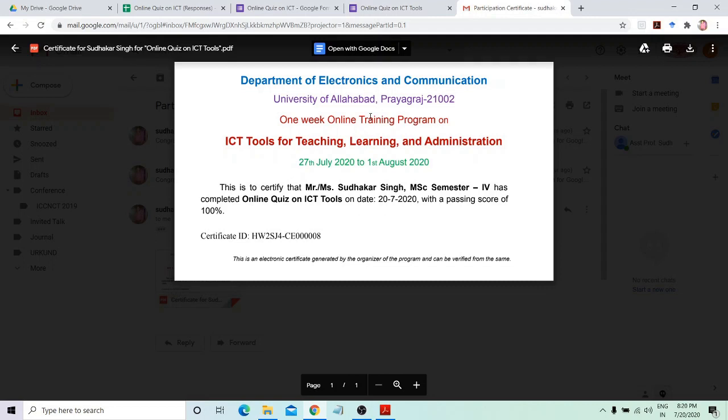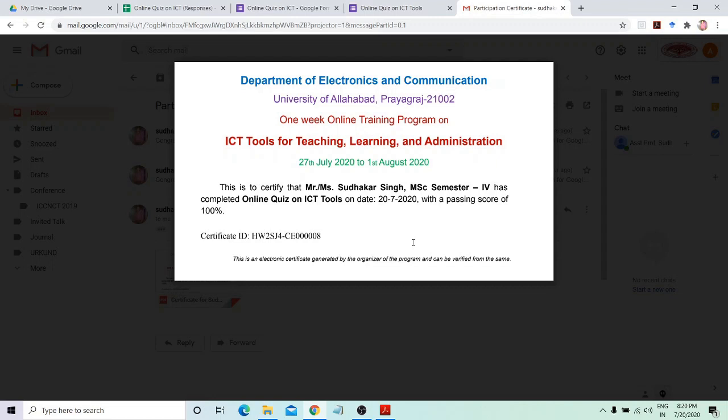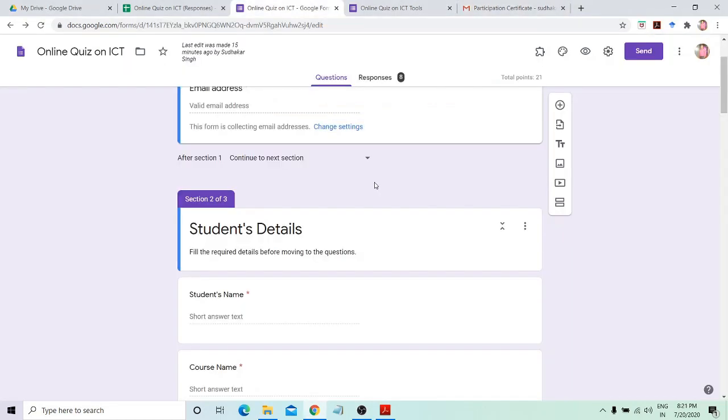So in your customized template you can also add some more content. For example, you can add logo, you can also add signatures or digital signature here. So use of Certify-M add-ons is very simple.